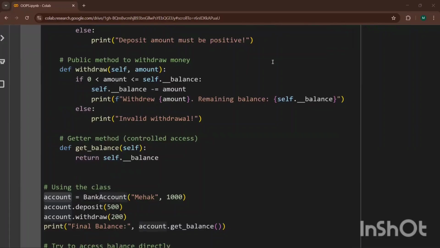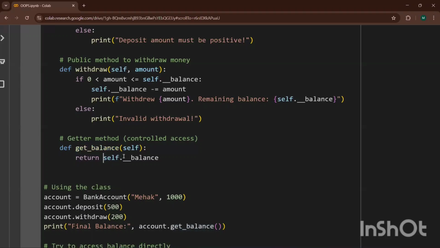Now, this getter method, what is happening here? It is written very clearly that it is a controlled access. Why? Because I am only using what is private, so obviously it is controlled. I am creating the simplest function, get balance, taking self, because in self everything is there: amount, my get balance, my owner, everything.